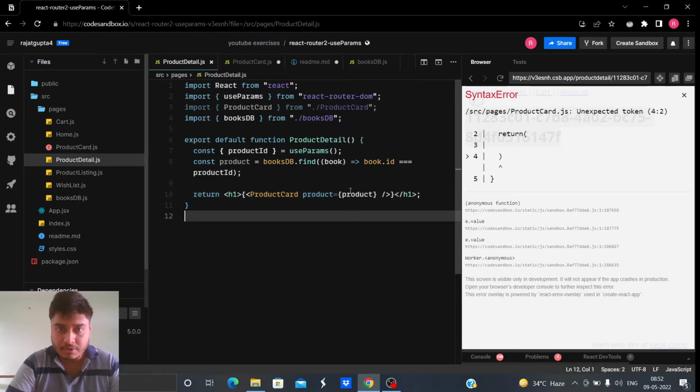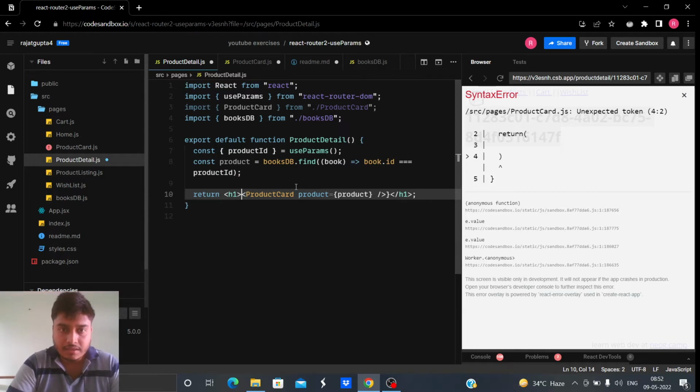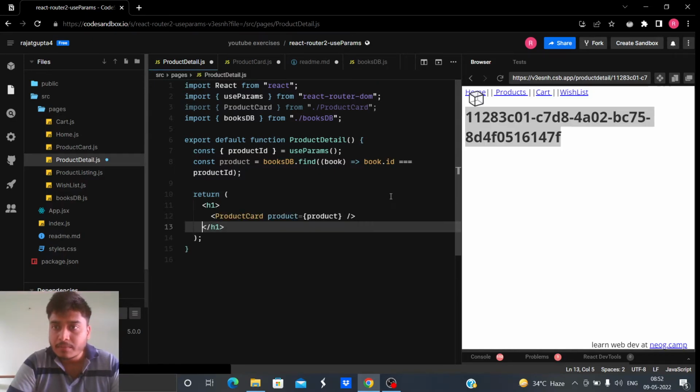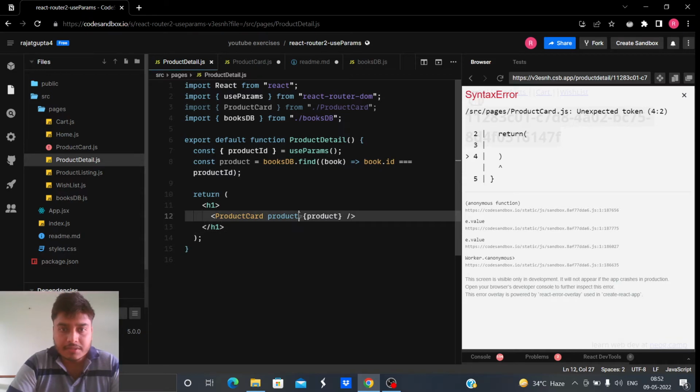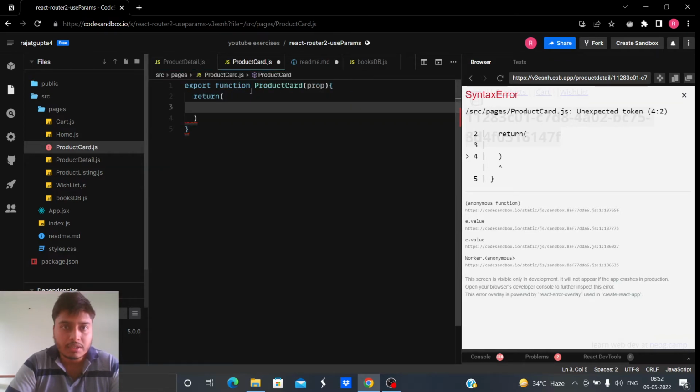Instead of product, let me write just pro so that you guys could understand. So this is the product we are passing in product card component. So in the product card component, okay, we are receiving prop here.